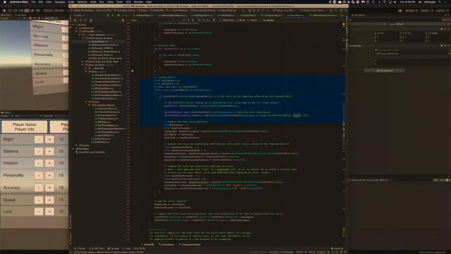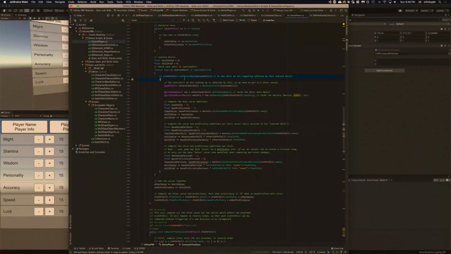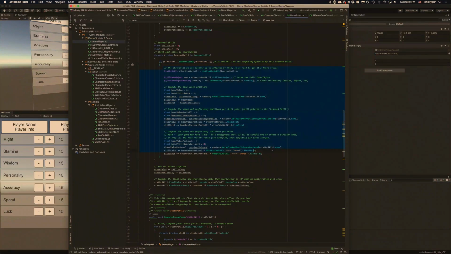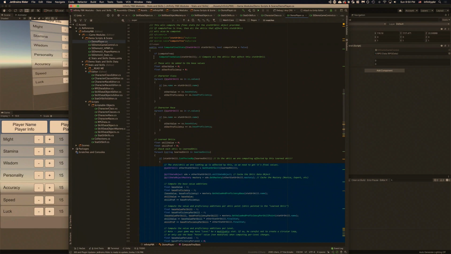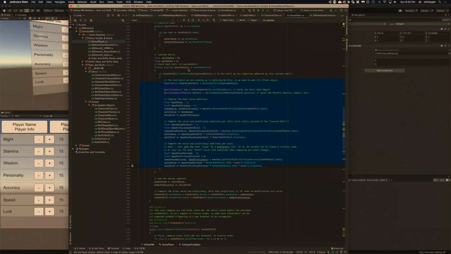And then we're going to go through all of our learned skills. Essentially, this is just going to find the skills that we've already learned. And if our current skill that we're computing is affected by that learned skill, then it's going to pull those values from that learned skill. Now we've already computed those skills right here with this compute tree values, so we know that these are the